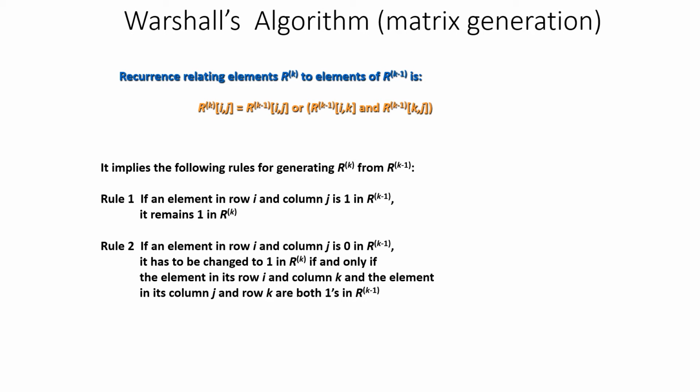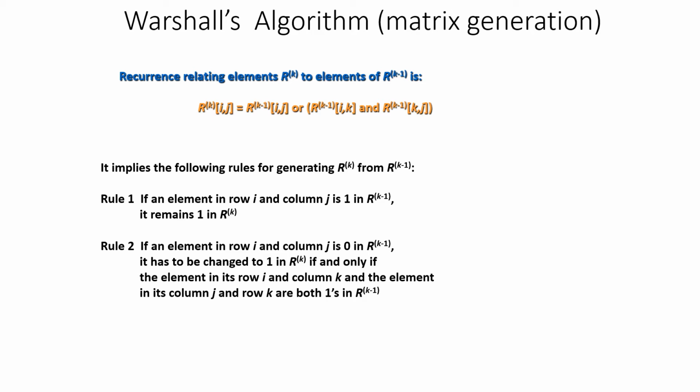So this is the formula. What it says to us is R power k of ij is equal to R power k minus 1 of ij, or something more. What does it mean? When I say k, it means k intermediate vertices. Numbering the vertices from 1 to n, we can consider among those n vertices the kth vertex. So either there is a direct path from i to j without this intermediate vertex, or we can make use of this as an intermediate vertex and try to find a path. So either way, we'll check.